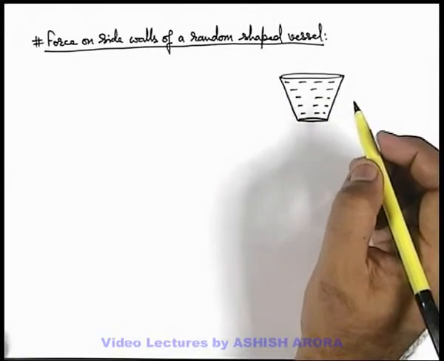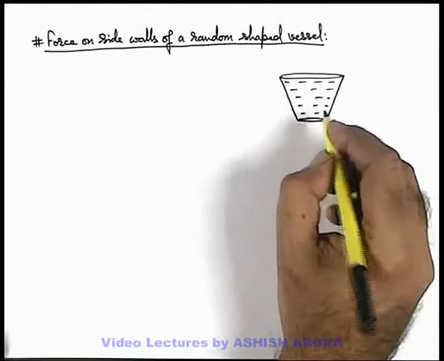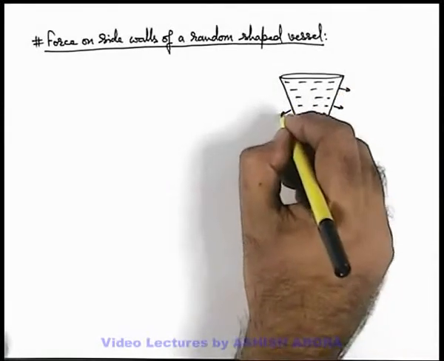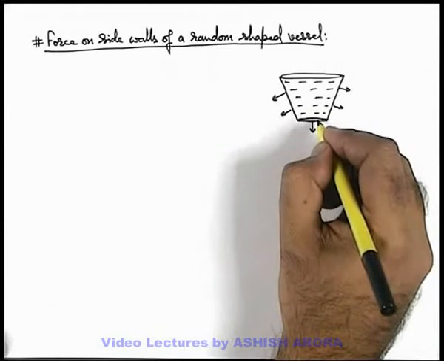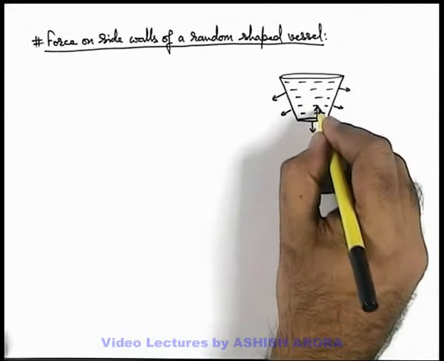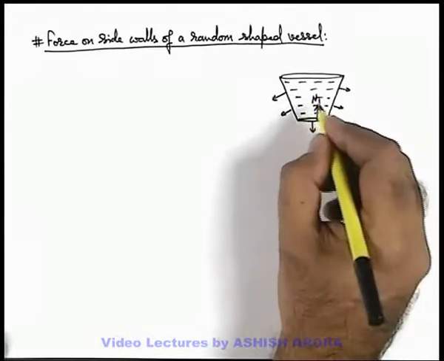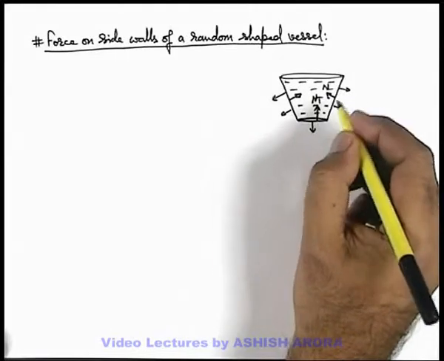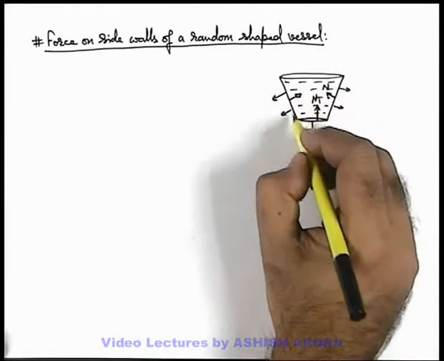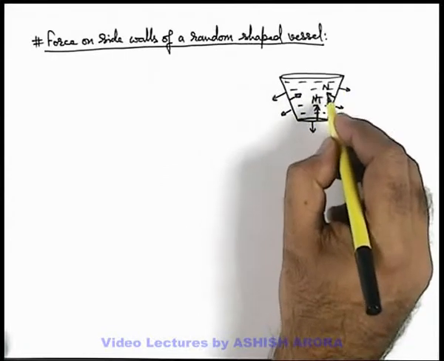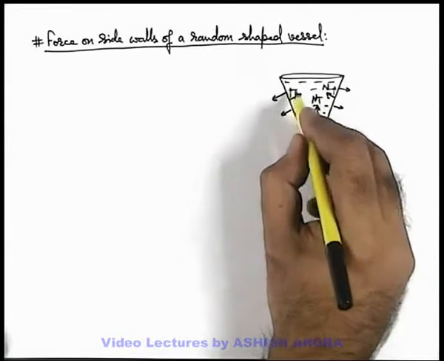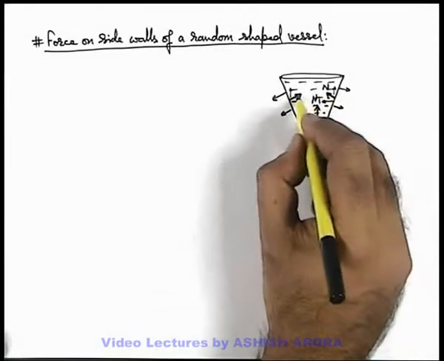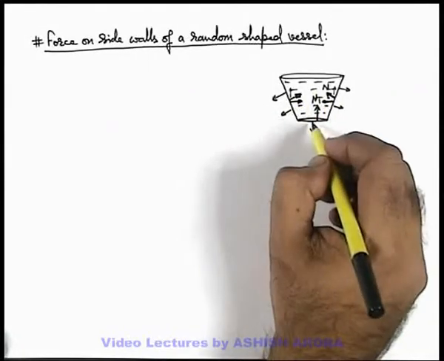In this situation we know well that this water, due to its weight, will push the bottom in the downward direction and will push the side walls in the direction normal to the surface. Obviously, due to its reaction, the bottom will apply a normal reaction on the fluid body, say N1, in the upward direction, and N2 in the direction normal to the side walls of the vessel. So the overall weight of this water is balanced by N1 and the vertical component of the force exerted by the side walls, as the horizontal component of the force exerted by the side walls will always cancel out as the fluid is in equilibrium.